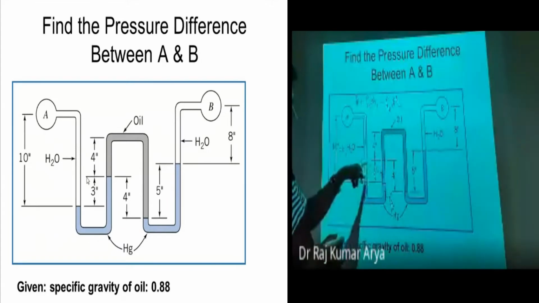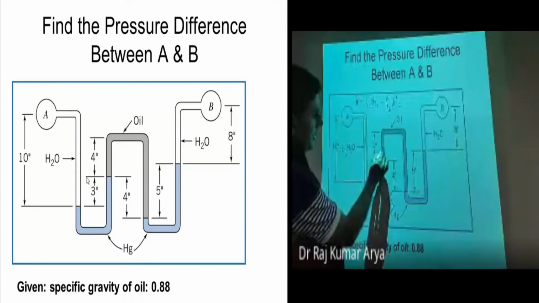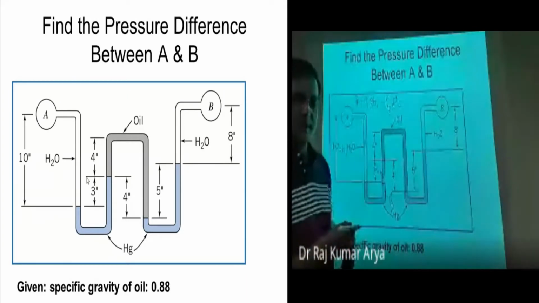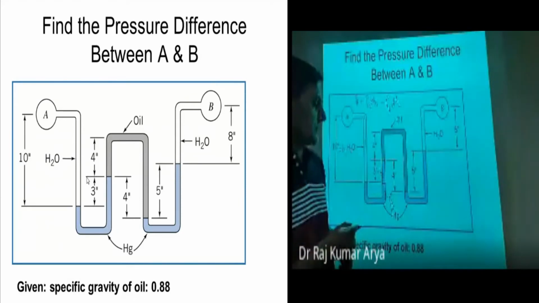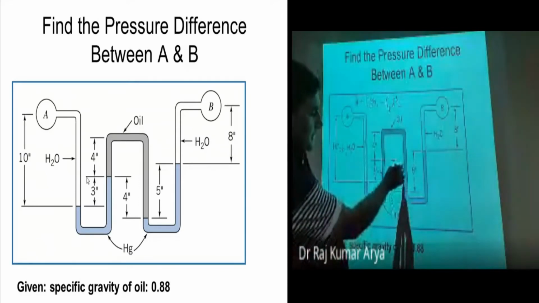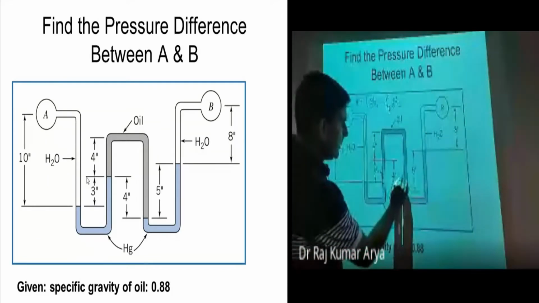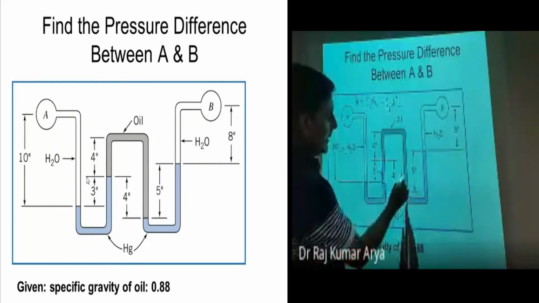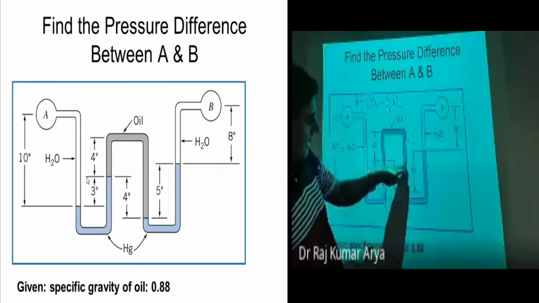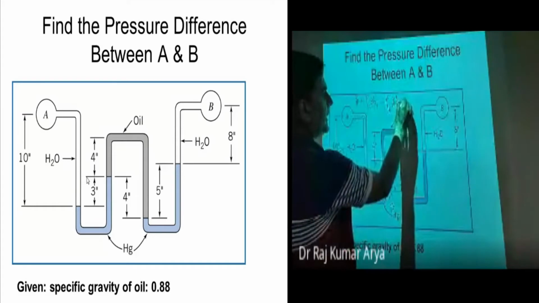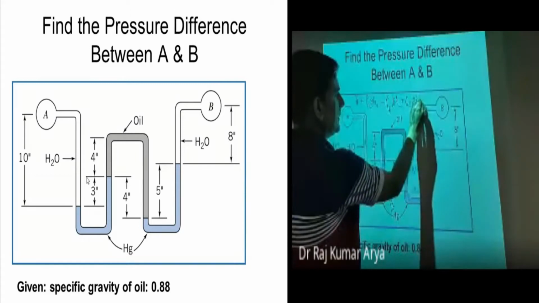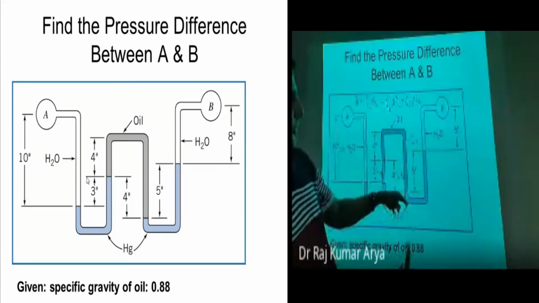Fine. Now at this particular point, you have the oil here, you have the oil also here, so you can directly move to this particular point here, no change in pressure because same fluid, you have moved just horizontally. You have reached to this particular point here. After that, you are going down, so let's say this value is your H3 and this is your rho oil. So you are going down by H3, so it means you are adding it here. So you have here rho oil G H3. So you have reached at this particular point.